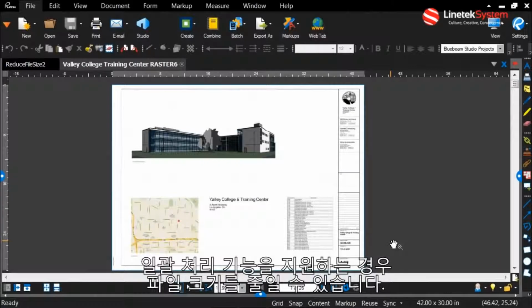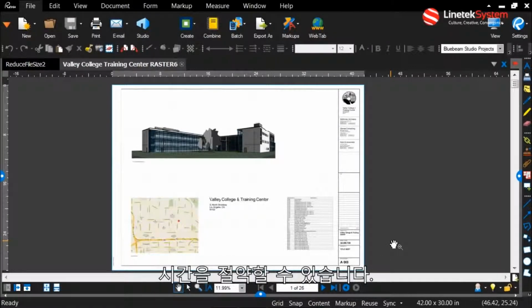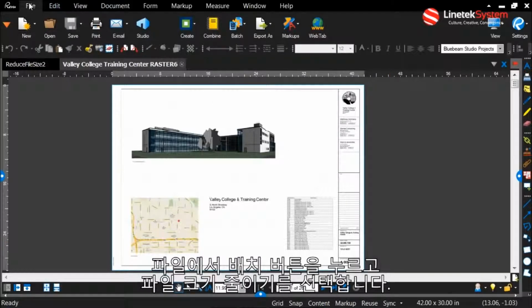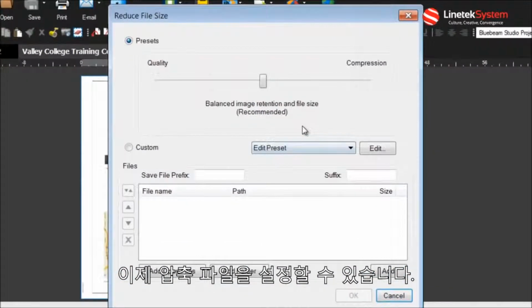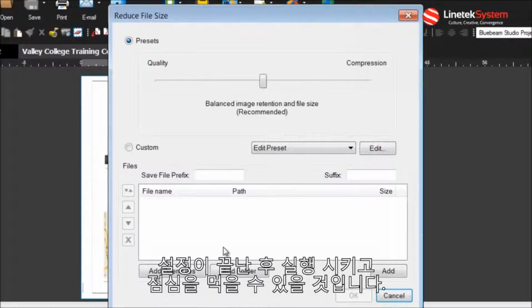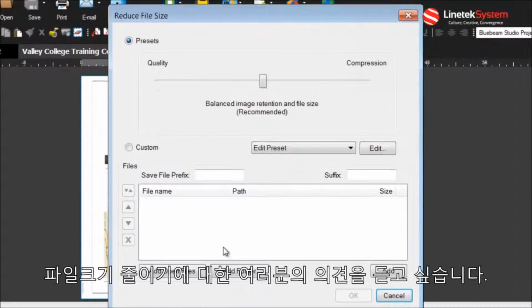Reduce File Size is supported by our batch capabilities. You might save yourself some time if you have a whole folder of files that need to be reduced. You can go up to the command bar to File, Batch, and then select Reduce File Size. You can set up your compression profile, add all of your files, and then set it to run while you go to lunch. That's it for Reduce File Size